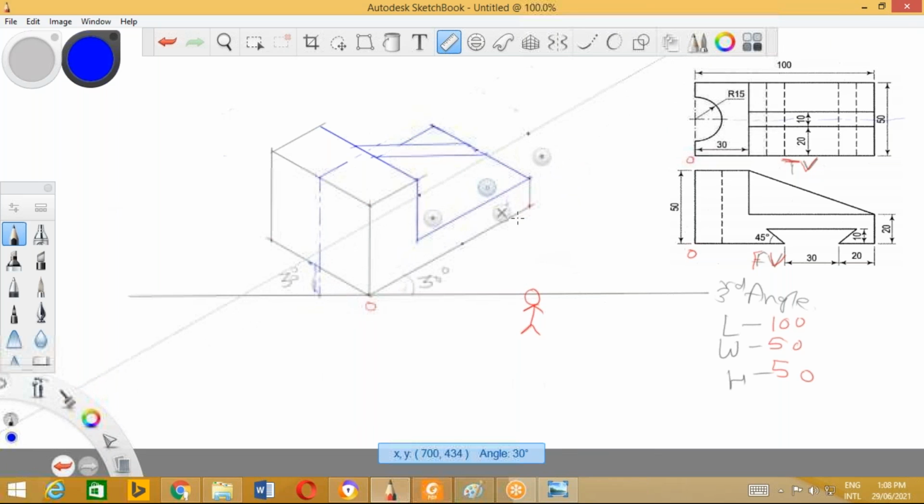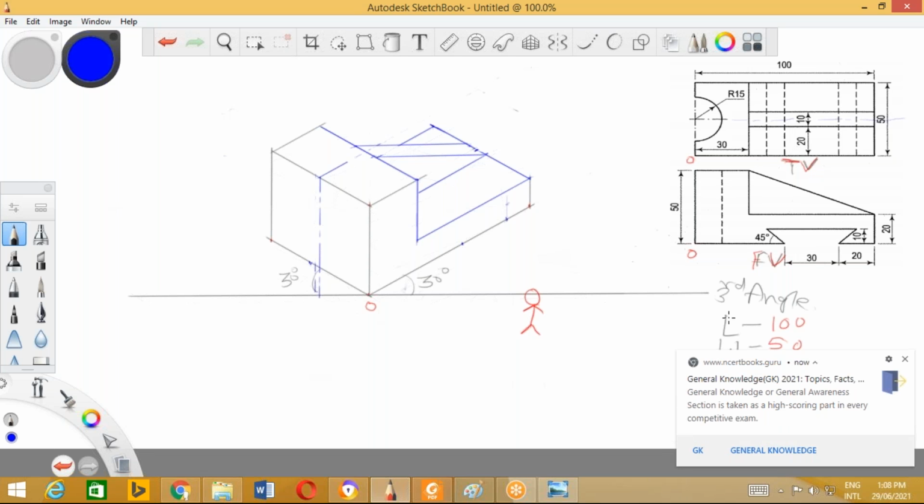And I'll draw this line over here. So it will look like this. Correct? Now I'll concentrate on this slot. To draw the slot, I'll mark this distance. You can see this 45-degree angle is shown over here, and 10 millimeter. Getting me? I'll give you information for this type of slot, a dovetail type of slot, and what to do.